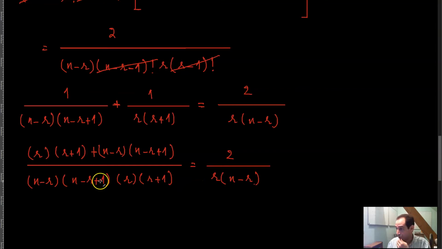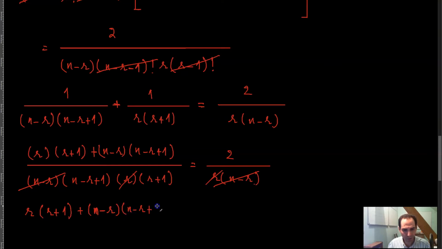And then you will be able to cancel these out, and n minus r and n minus r you can cancel out, which means that then basically r times (r plus 1) plus (n minus r) times (n minus r plus 1) is equal to 2 times (r plus 1) times (n minus r plus 1),